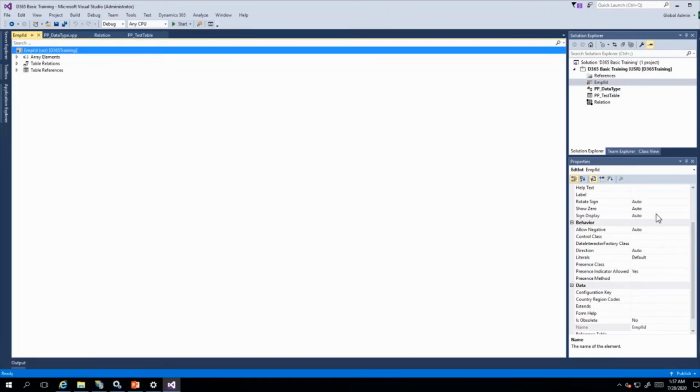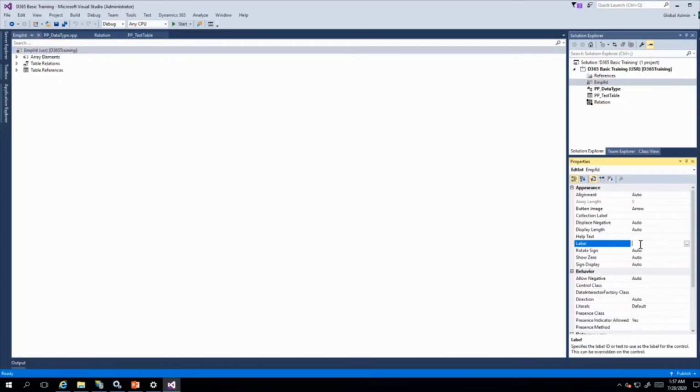Now I will give the supplementary name. I have given employee ID, also I can write the label empl ID. See now how easy it is to read code. Instead of writing int, we can use this EDT. So it is very easy to read. So that is the first advantage of using EDT. Now we can use this EDT anywhere in our programs.